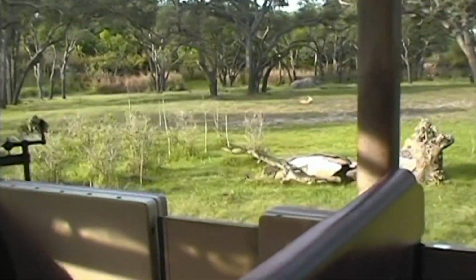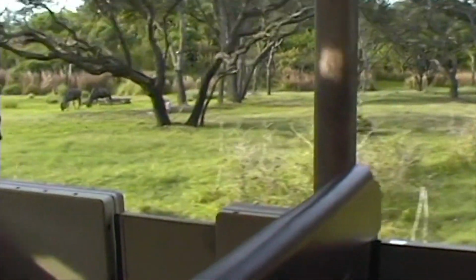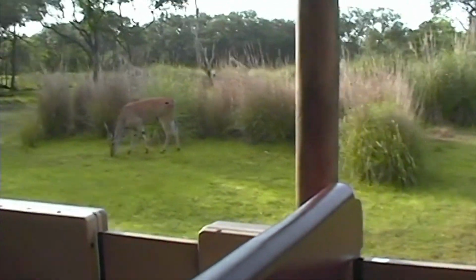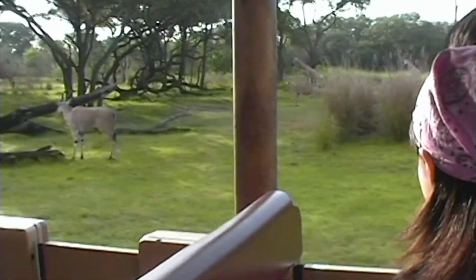And of course, reticulated giraffe up there on our right-hand side. Giraffes, of course, being...